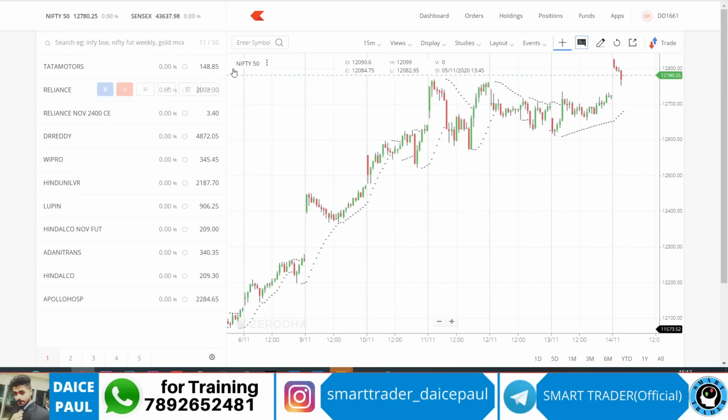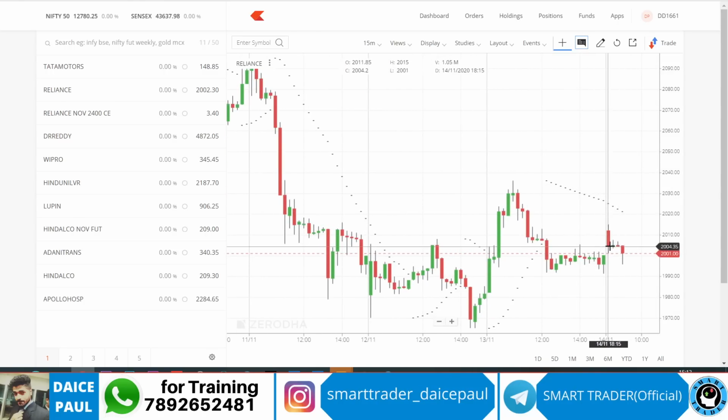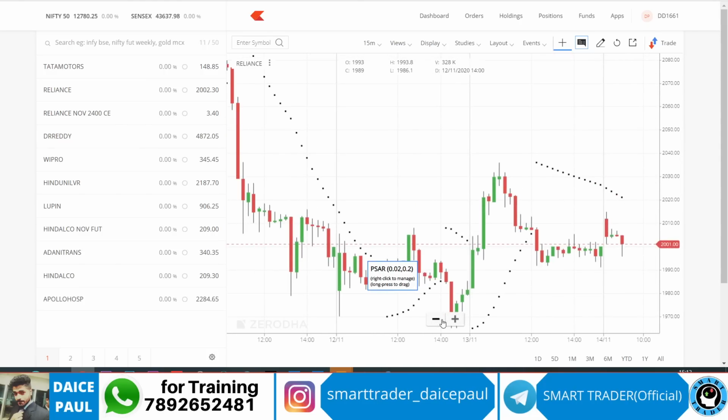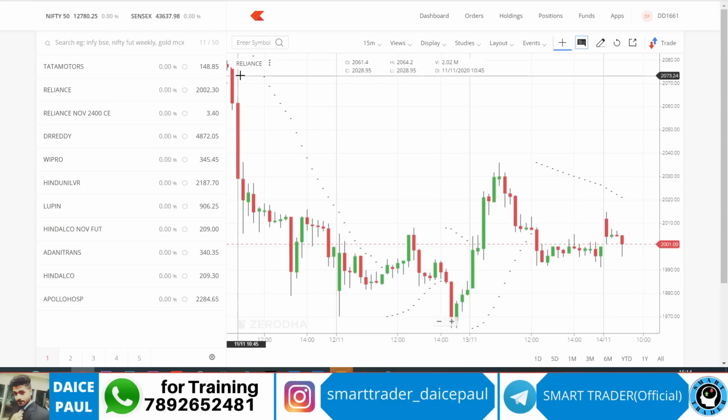Okay, so now any random stock we can open, let's say Reliance. This is the festival trading, not a normal day. These are the normal days when the stock was trading. So all you have to do is, let's say in the morning you got to know the market was on the buy side, because as per the criteria, 0.20 buy side. Now we have to go buy side, right? So I went to the top gainers. I got, let's say, Reliance stock, or a top trending stock on different websites or by some methods you used. You got Reliance as your top stock, which is actually moving on the green side, the buy side. So you took Reliance only in that case, not a random stock. After taking Reliance, I'm just giving an example. What you will do, let's say this was a complete day.